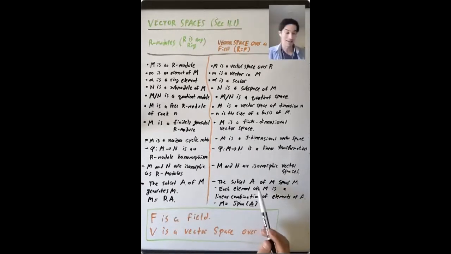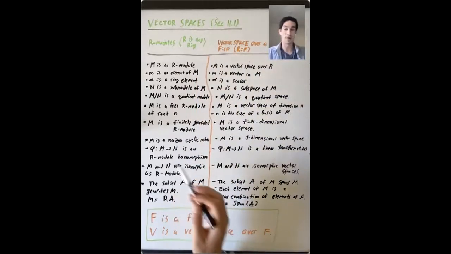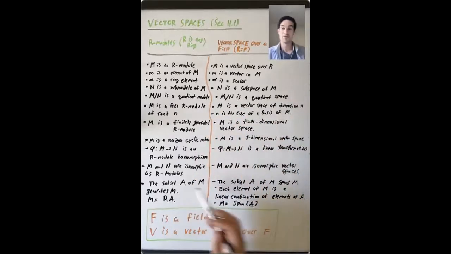Over in the land of vector spaces, we would say that the subset A of M spans M, which means that every element of M is a finite linear combination of elements of A, or that M is equal to the span of A. So we've been using a lot of this language already. In fact, in Conrad's notes, the notation for R modules matches up a little bit better with what you know from vector spaces already, talking about spanning sets and whether a set in an R module is linearly independent. So this should be familiar already, but I wanted to review it to make sure that we're all on the